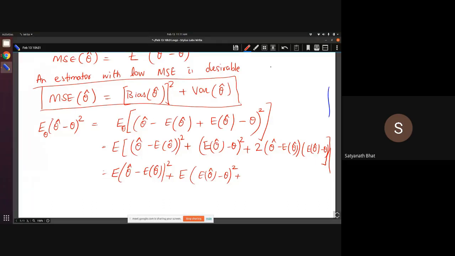So you know that variance of x is equal to expected value of x minus mu whole squared, right? This kind of thing you have seen. This mu is a number. Okay. Likewise, this entire thing is a number. So what we will have is we can pull that out. Expected value of theta hat minus theta. Okay, this is a number. We pull it out, and then the expectation is applying only to this theta hat minus expected value of theta hat. Okay. So is that clear to people what I'm saying here?